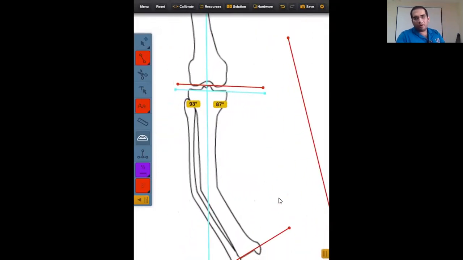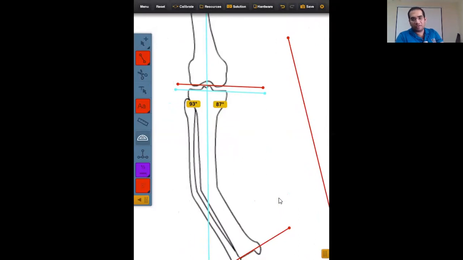Because the angle of the femur was normal, I have simply extended the mechanical axis of the femur, and this has also given me the reference angle for the upper part of the tibia, for the proximal mechanical axis reference line. If there was something wrong with the femur, then instead of extending the line of the femur, I would have drawn an 87 degrees line.